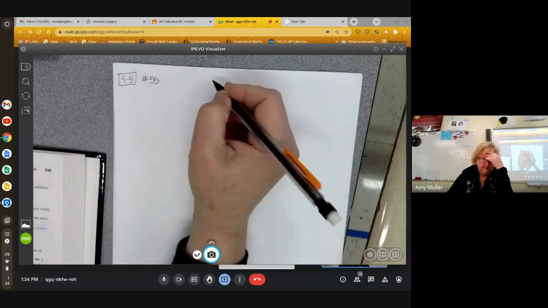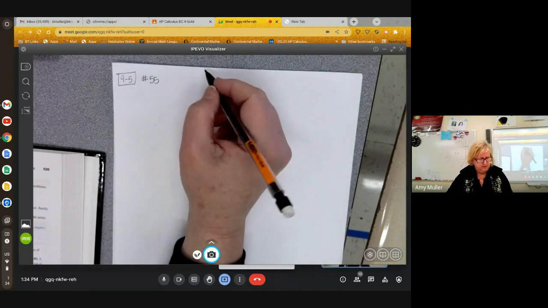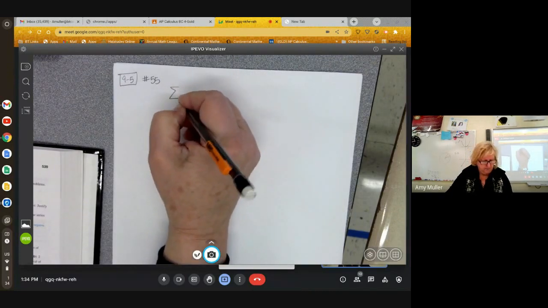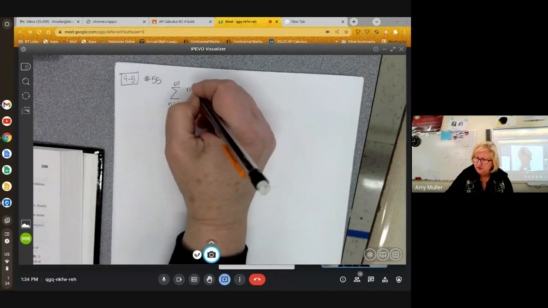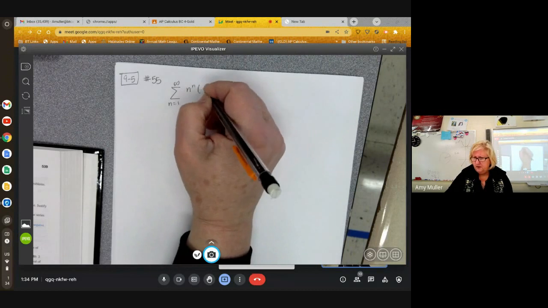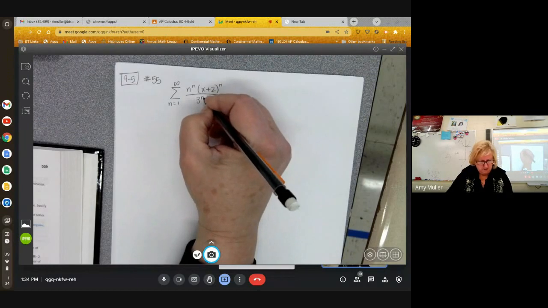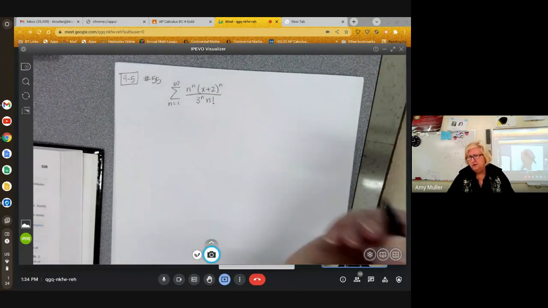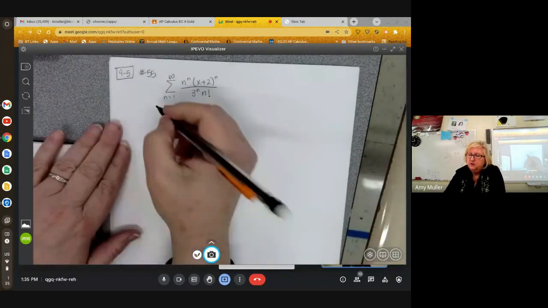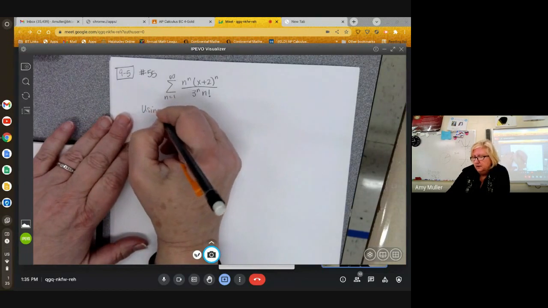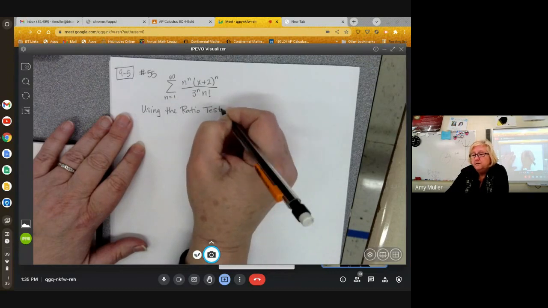Number 55 says, find the radius of convergence. That's the sum from n equals 1 to infinity of n to the n, x plus 2 to the n over 3n over n factorial. Whenever we're trying to find the radius of convergence or the IOC, we have to use only one test, and that test is the ratio test. Why do we have to use the ratio? That's the only way to find the IOC, because